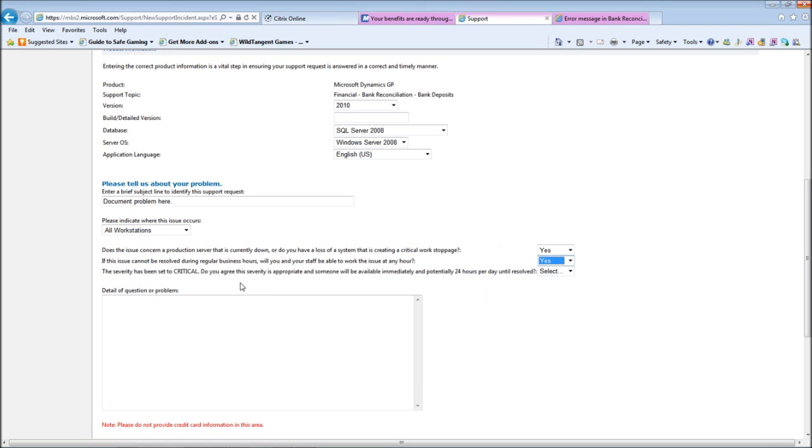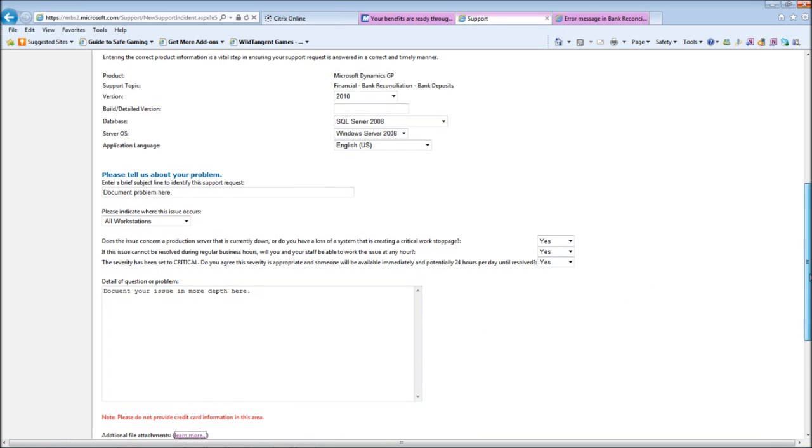Select yes. Again, it's setting the level of severity here. Now these two choices of yes made this a critical issue, so they want to know if they can contact you immediately. So then you document your issue in more depth here, and then at the bottom of the screen